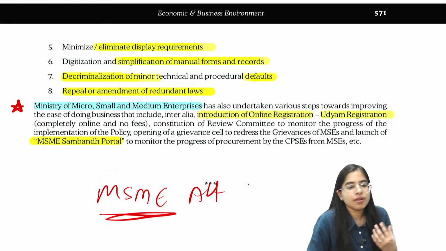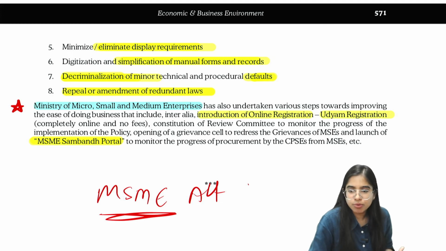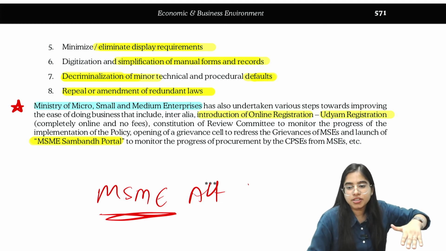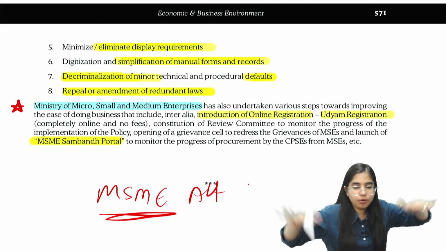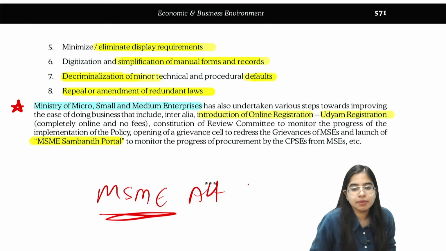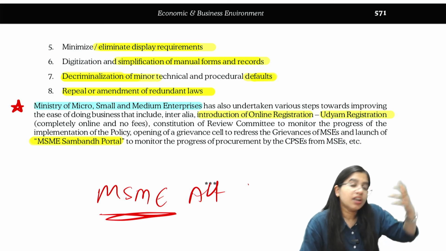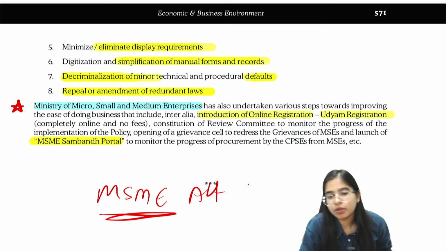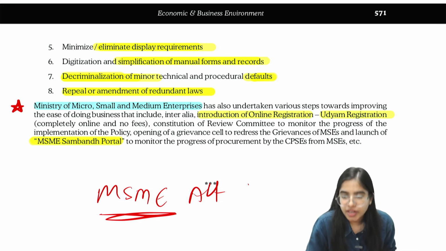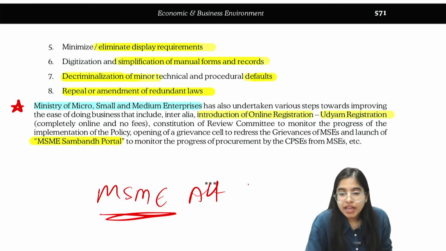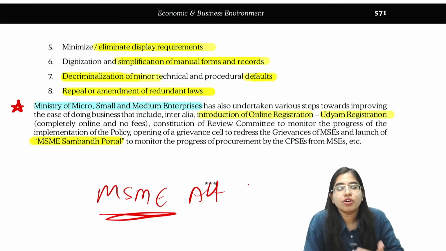And if you want to register as an MSME, let's say you have started a business, your business is at a very small level, the plant and machinery and the turnover and other equipment requirement is within the limit, in that case you can register yourself as an MSME. Earlier you physically had to go to the government office. Nowadays everything is done online. There is one portal which is known as the MSME Samadhan portal. With that portal you can register your grievance